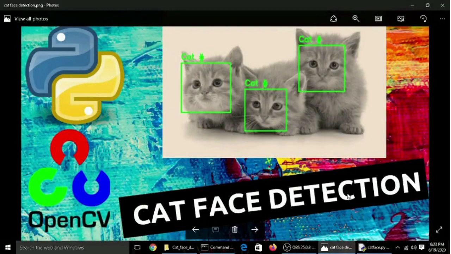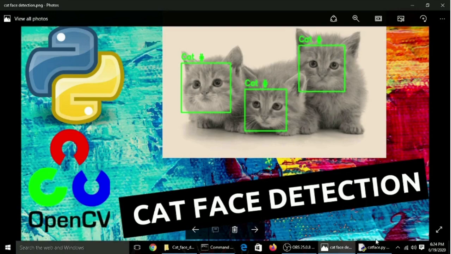So in an image, we need to find the cat face. For this, you need an image which will have cats. You can go to google.com or any other search engine and download some cat images, so that this program, after you execute it, will make sure that all the cat faces are detected properly as shown in the image below. So let's start.